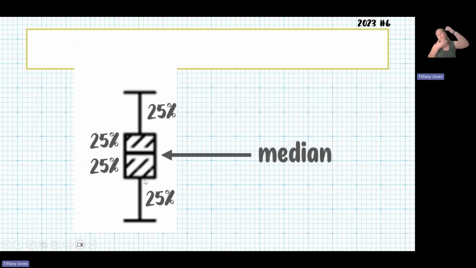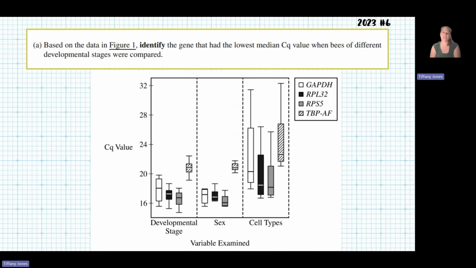So this is just showing you the spread of your data points. You can see the 50% of the data that's in the middle, and you can also see where the median point is. And then again, you've got the 25% on each of the extremes. So they say, okay, based on the data in the figure, identify the gene that has the lowest median